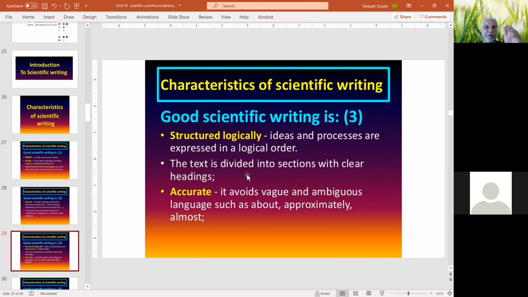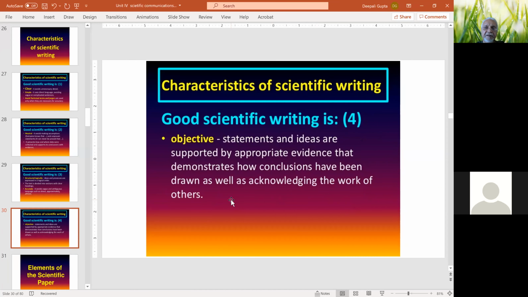I am going to go into details about all these heads later. But the point I'm trying to make here is that scientific writing or communication should be logically structured. It should be divided into different headings.